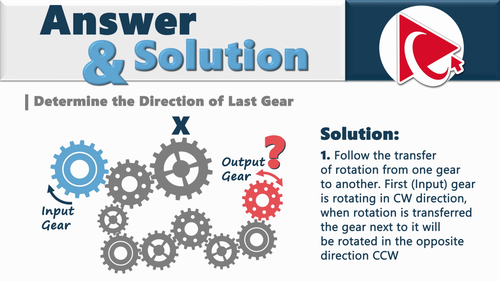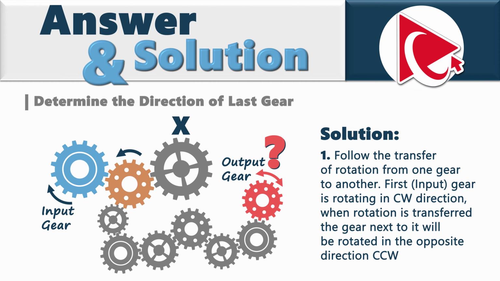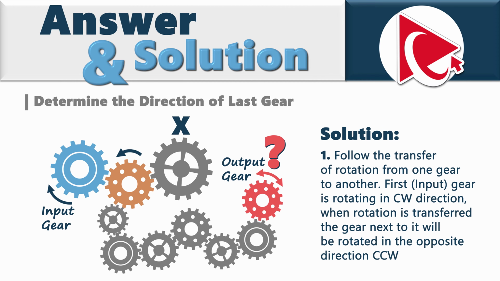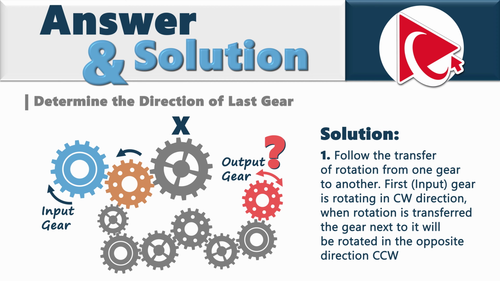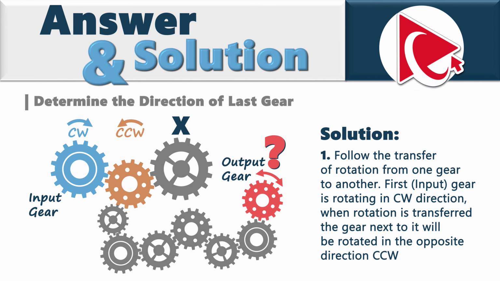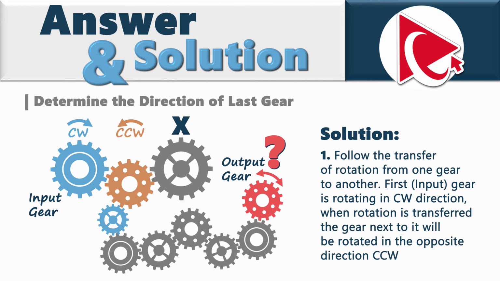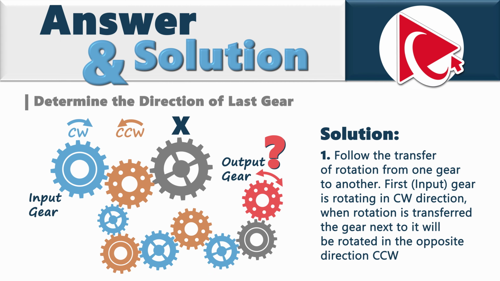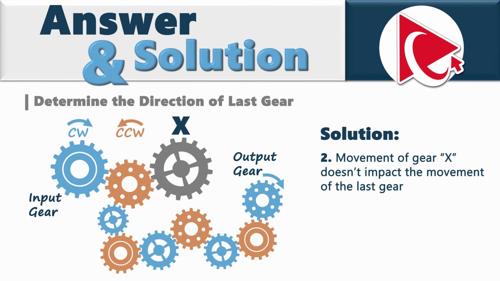Our first input gear is rotating in a clockwise direction. As you might be well aware, when rotation is transferred to another gear, it will be rotated in the opposite direction, which would be counterclockwise. Let's follow the directions for each gear. Input 1 is clockwise, then counterclockwise, clockwise again, counterclockwise again, clockwise, counterclockwise, clockwise, counterclockwise, and the output gear is rotating